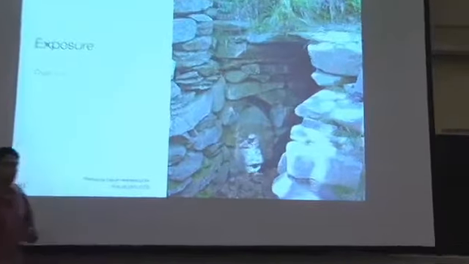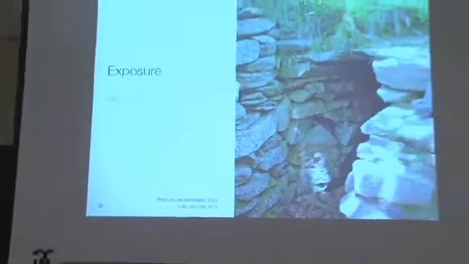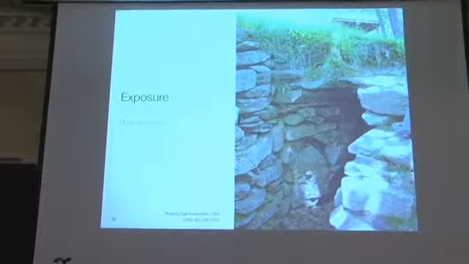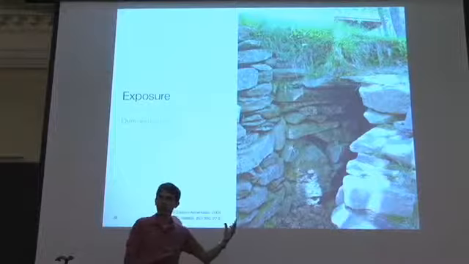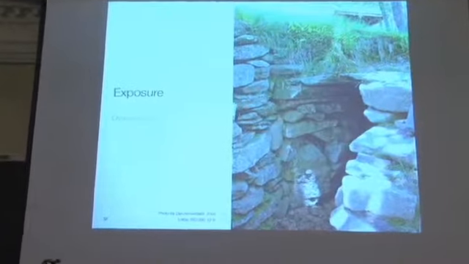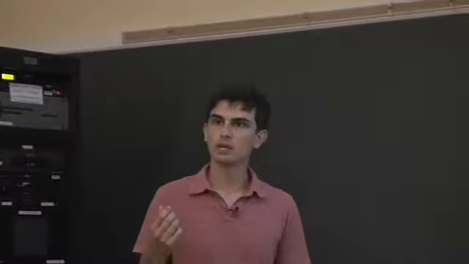We can get some areas that are very difficult to expose properly, or even just little tiny areas within the photo that are difficult to expose properly. But if the same photo was taken at dawn or at dusk, when the light is much more diffuse, I may have less light to work with, but still it's much easier to take a better picture. And during the day, if you have to take a photo during a specific time of day, then what you can really hope for is an overcast day, because an overcast day means pretty much the same thing. It's going to diffuse the light quite a bit. You're not going to get the very harsh shadows from direct sunlight, and you'll be able to take a much better picture.